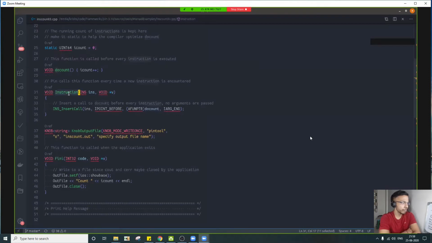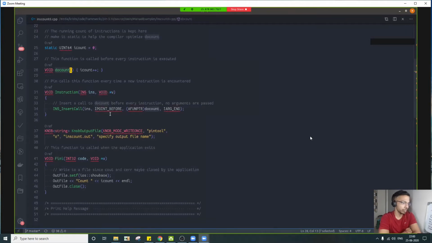What I showed earlier is the instrumentation function, and this is the analysis function. For every instruction, you can do whatever you want with that particular instruction. So INS_InsertCall passes the instruction to this doCount function. I'm telling pin to call my doCount function on every instruction.